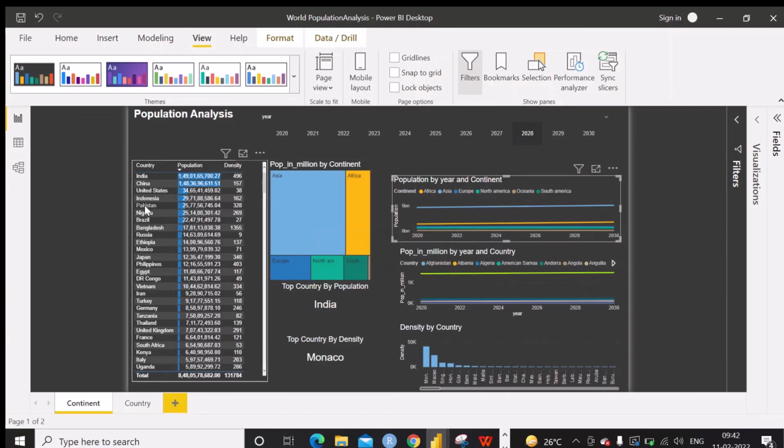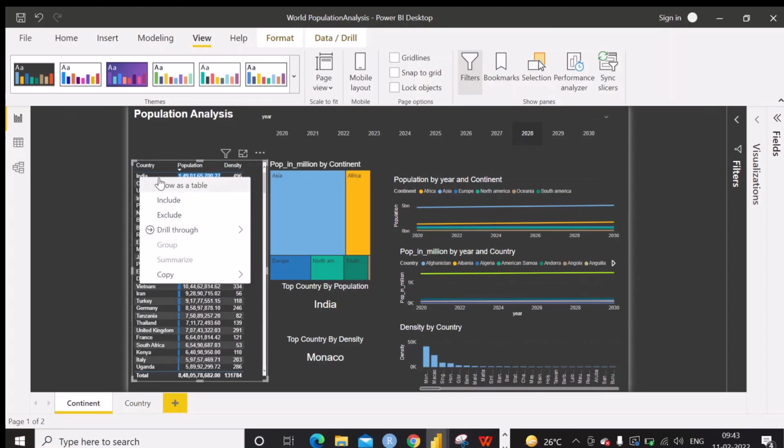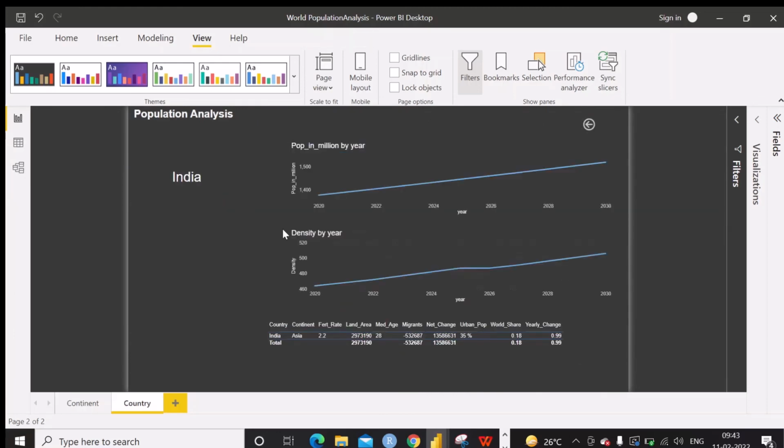And one more thing we can do, for example, let us see India, drill through. So for the country India, we have population in million by year in one line chart, and density per year for India.